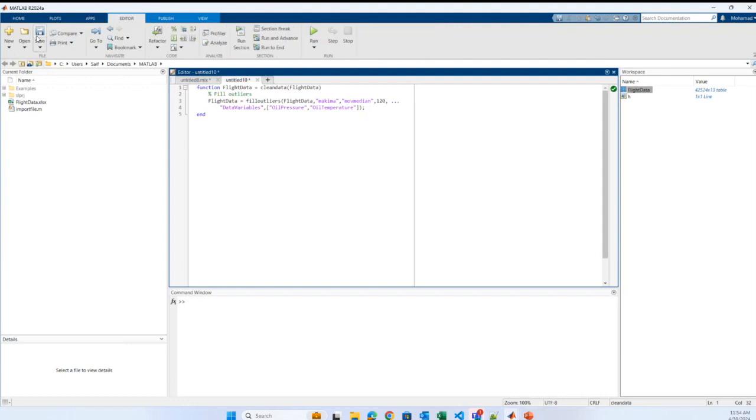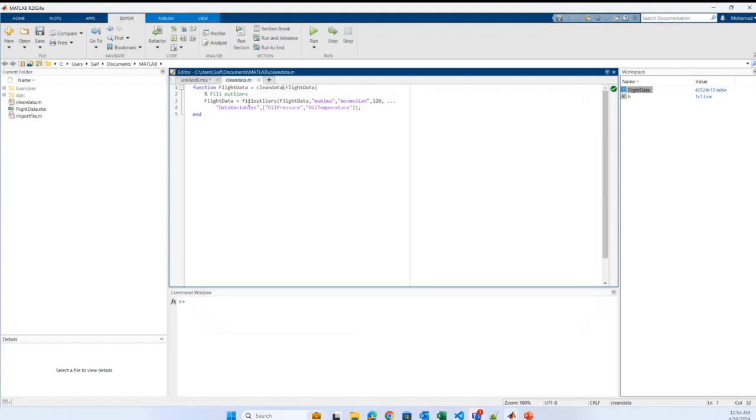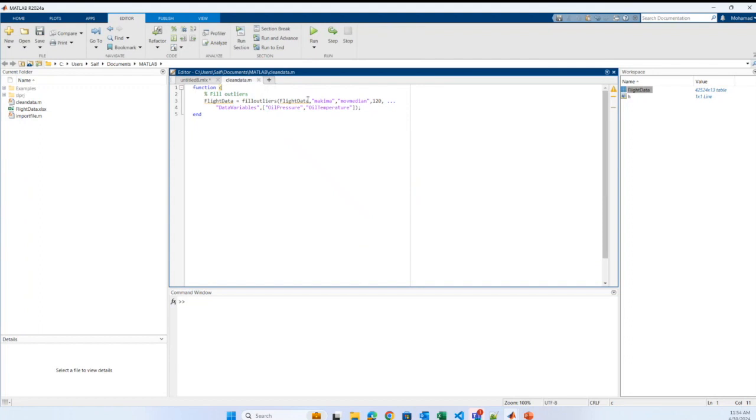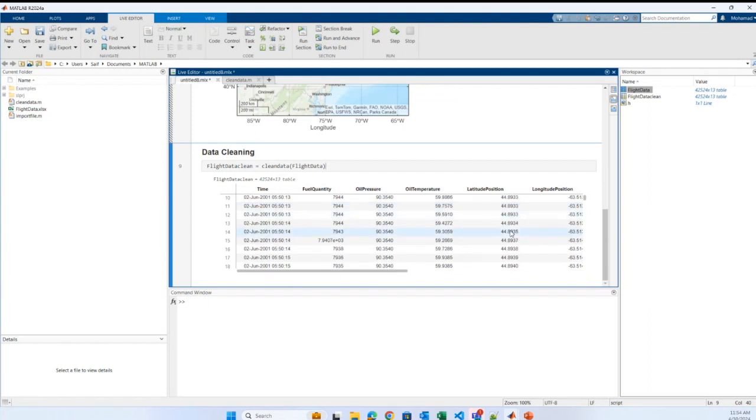Of course, never forget to save the function with the same name. The file name matches the function name. You can see the fill outliers function is being used with the options that we have specified in the data cleaner. We can copy the initiation of the function and paste it in our section here. Now let's call it flight data clean to distinguish it from our flight data that we have imported. You can see that we have the clean data